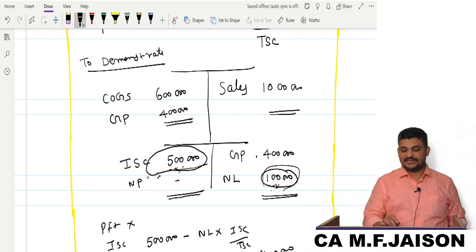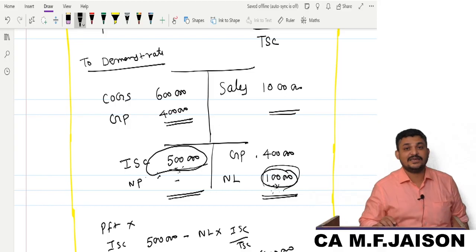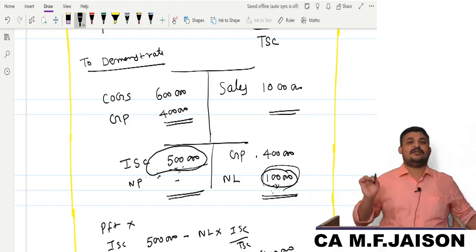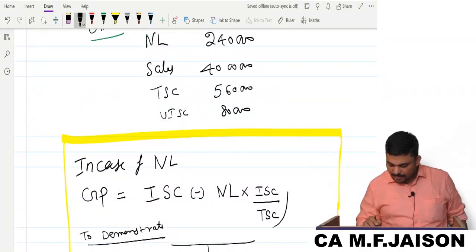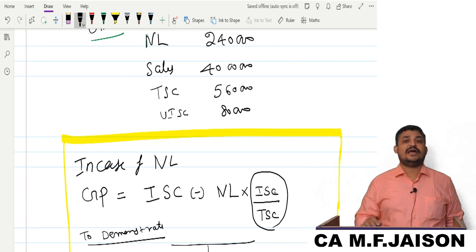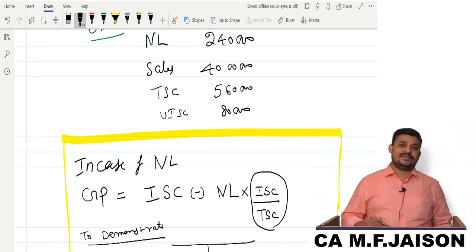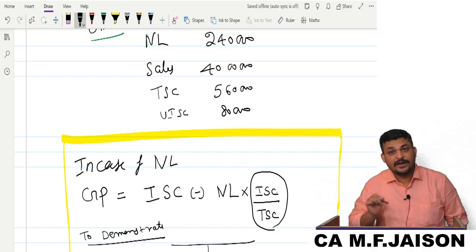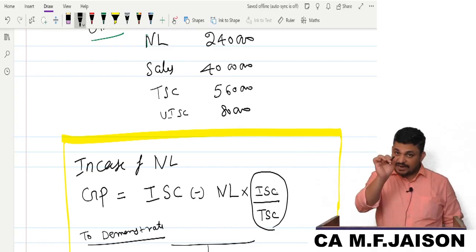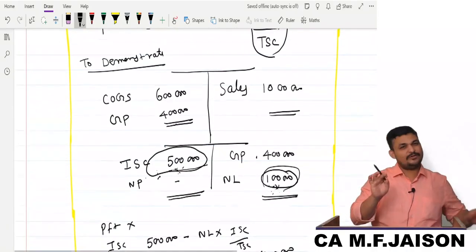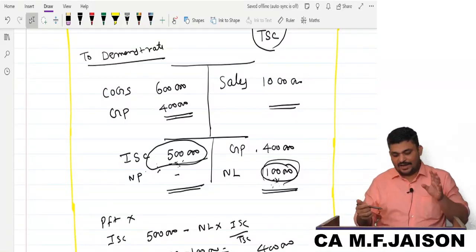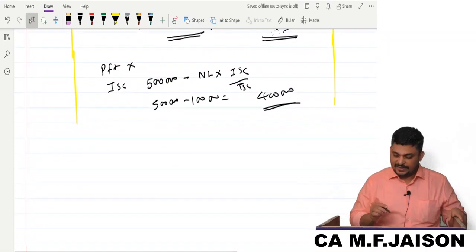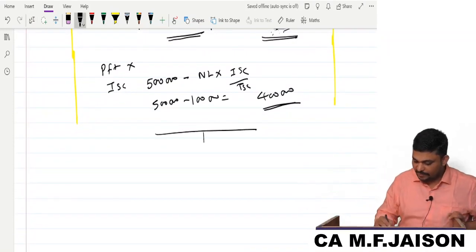So you try to understand the formula first. It is standing charges minus loss. That too, which standing charges? Insured standing charges minus loss. But in this formula you applied some proportion, insured standing charges to the total standing charges. I will bring you the logic, my dear friends. As I told you, this is not so easy. If mathematics is not properly followed, it is not so easy to comprehend. Let me tell you the logic for that formula.